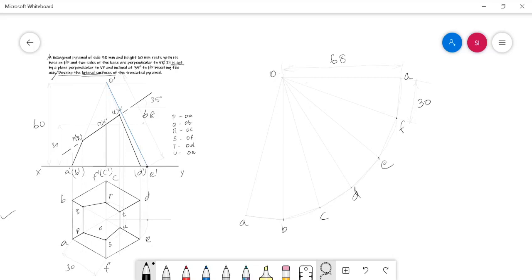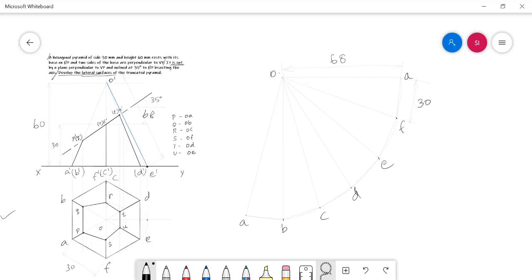Before marking them, we need to measure the location of each and every cut point in their respective slant edge. This can be found out by projecting each and every cut point towards the true slant edge length, because when you measure the distance of the point P in OA from O, this should not give you a right result, because the length O dash A dash shown in the front view is wrong.